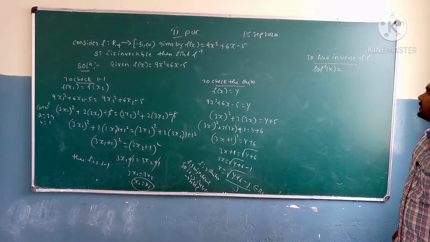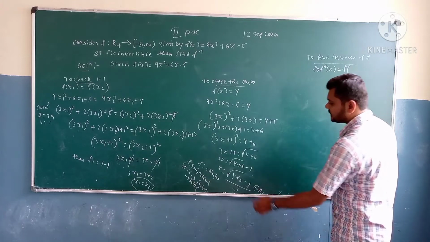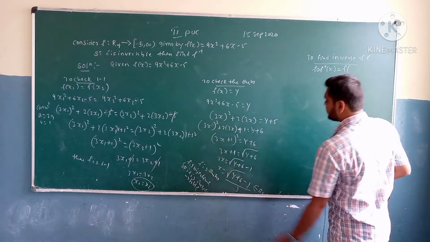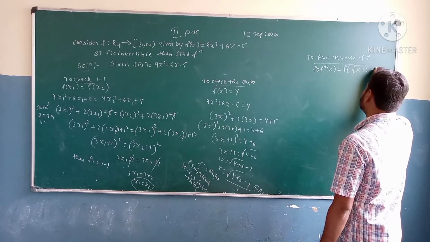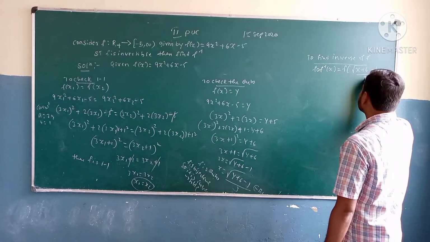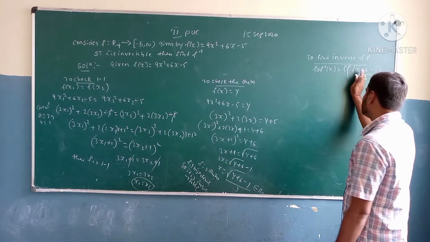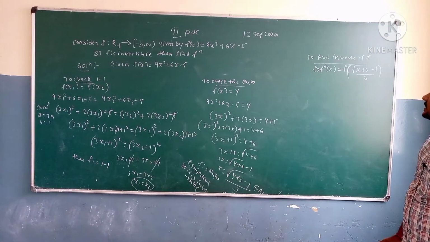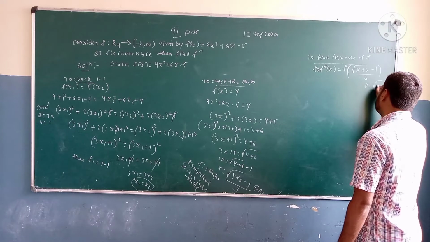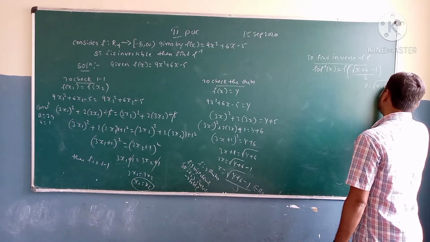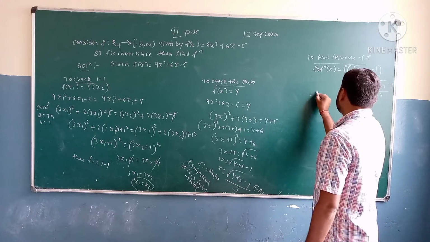So to find f inverse of x, just start writing f. So what is the value of f inverse of x? Here we can write in the form of x, that's going to be root of x plus 6 minus 1 divided by 3. In the place of this one, root of x plus 6 minus 1 divided by 3, I am going to assign p. So here p is equal to root of x plus 6 minus 1 divided by 3. So that's going to be f of p.